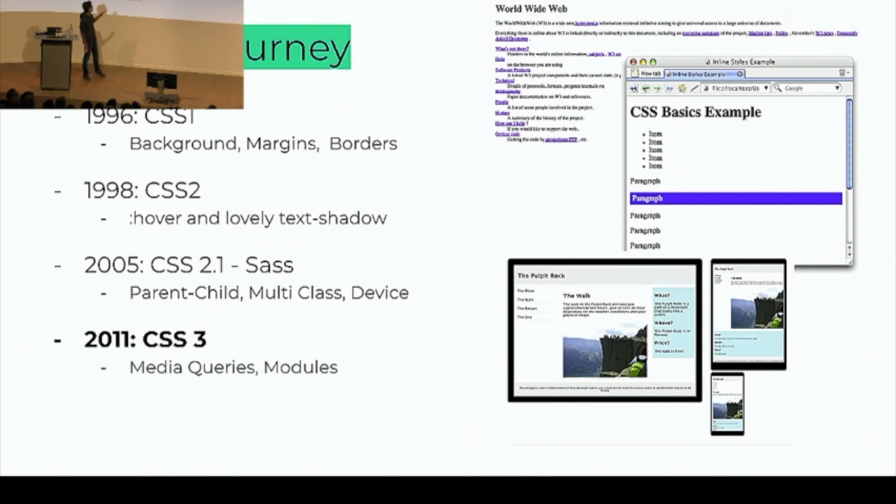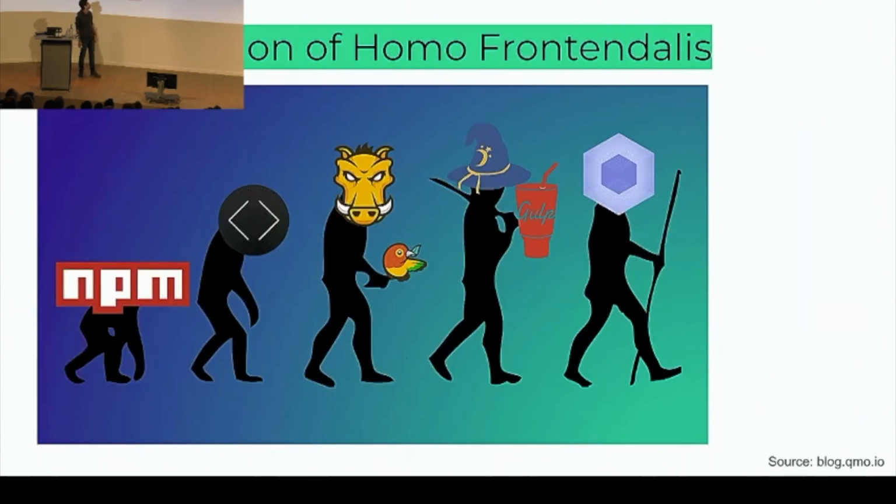With the introduction of CSS3, we had a new concept of modules. So instead of versioning CSS, CSS was divided into modules, and one of the most important modules was media queries. If you remember the days of Bootstrap, these media queries and multi-device support started from this year. It's like 10 years ago. Before 10 years ago, can you imagine? We didn't have anything like this. So this year and the years around it, not only CSS, but other parts of the front-end frameworks started improving. So this was our journey, and this is 2011. It's not really that long ago.